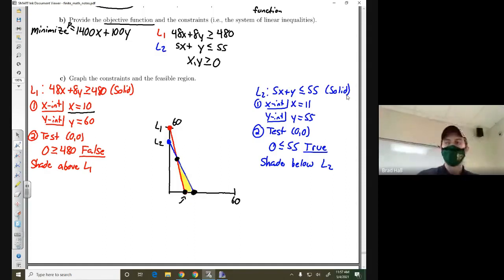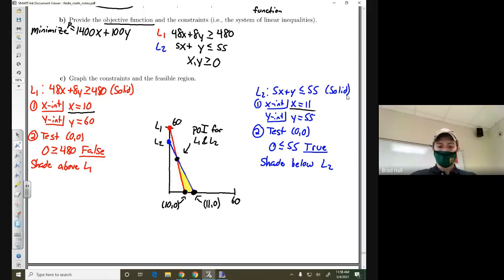The X-intercept of L1 was 10. It's 10, 0. The point to the right of it seems to be the X-intercept of the second line, which was 11. And then finally, we have the point of intersection for L1 and L2, which, as you would imagine, evokes